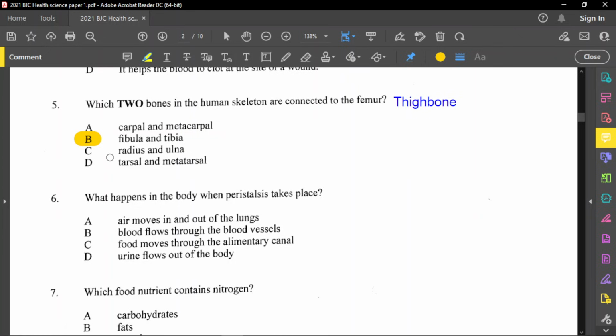Now the radius and ulna, those are found in your arm. Those are connected to what they call the humerus. And your tarsals and metatarsals, those are in your feet as well. Just to make a note, the tarsals are connected to your ankle, and then the metatarsals are